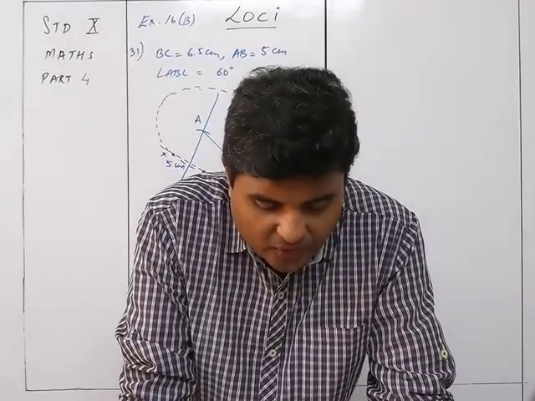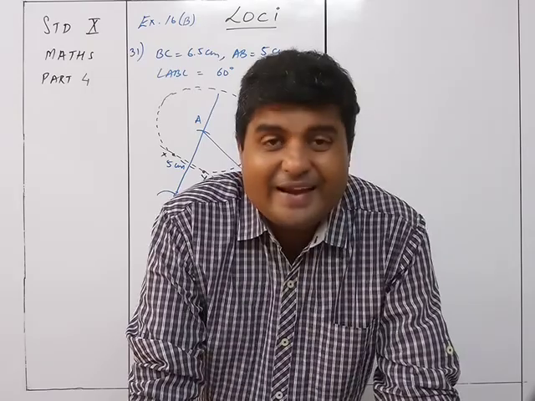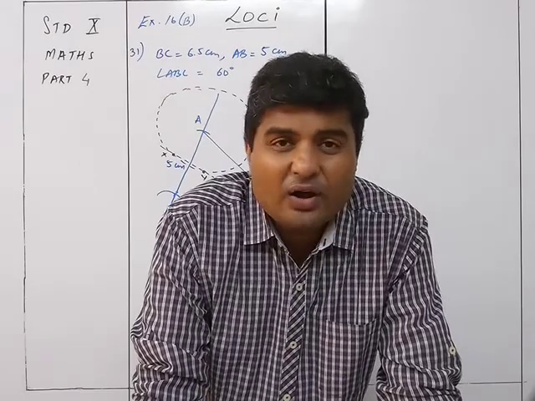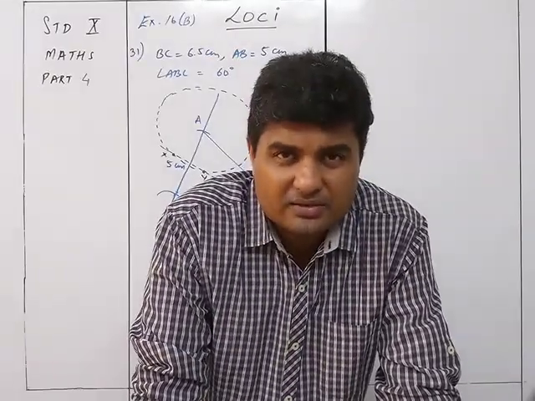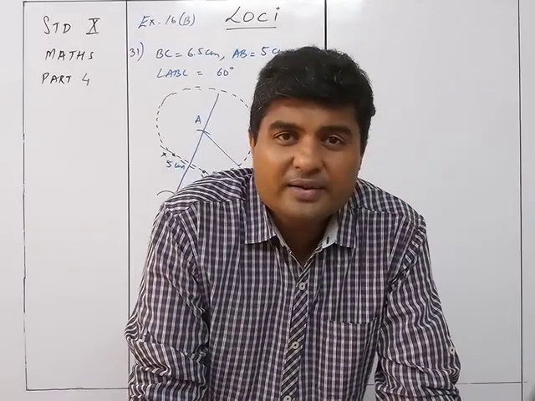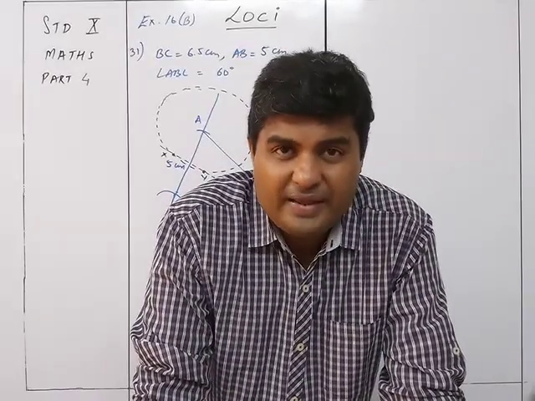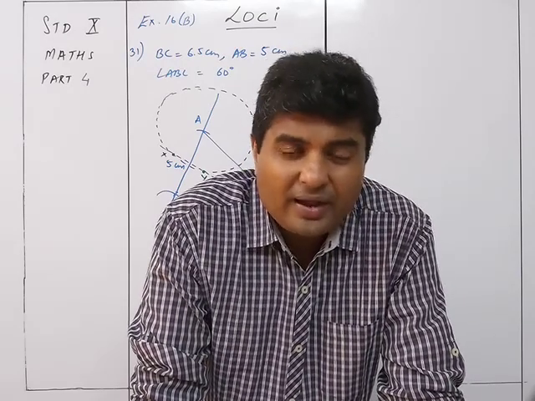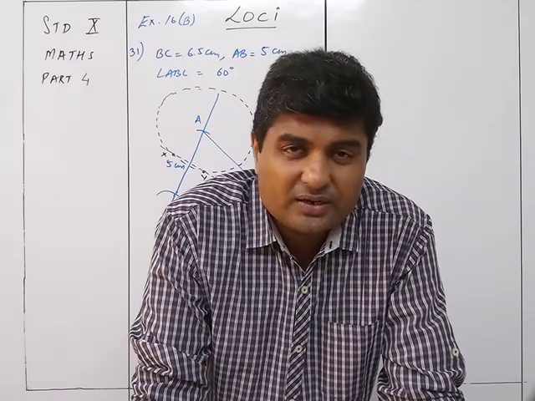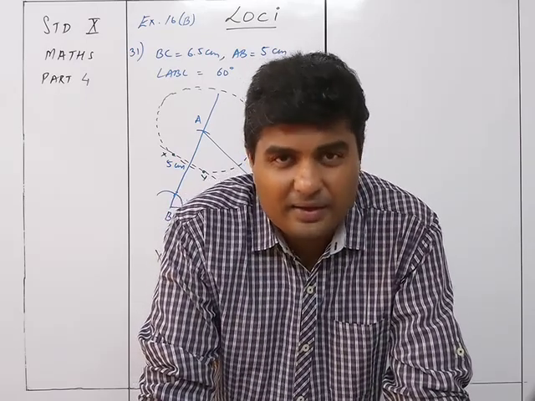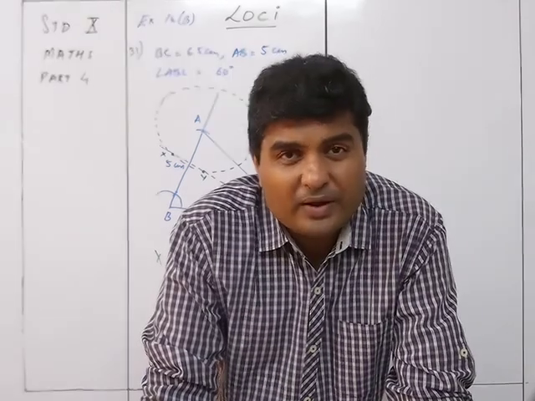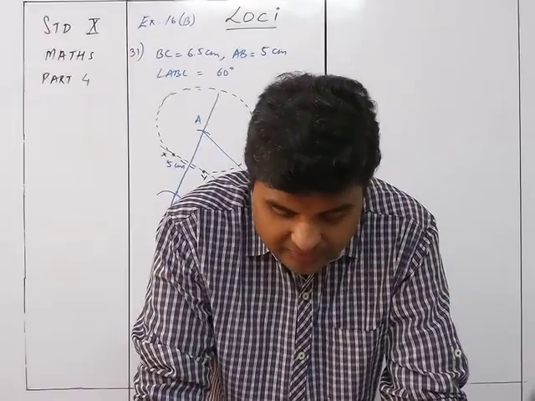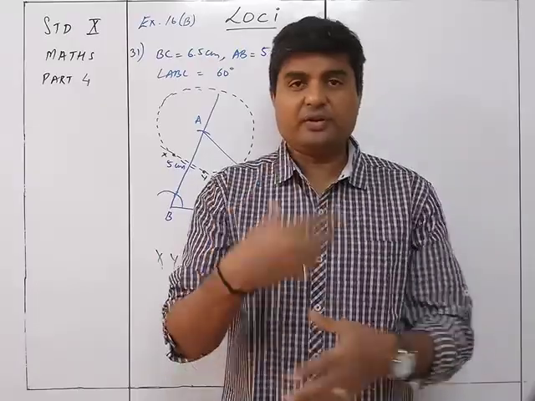Next, the perpendicular drawn from the vertex of the triangle to the opposite side is the altitude. Altitudes are also concurrent, and they intersect at the orthocenter. The orthocenter is the intersection of the three altitudes. The intersection of medians is called the centroid. The intersection of altitudes is the orthocenter. The intersection of angle bisectors is the incenter. The intersection of perpendicular bisectors is the circumcenter. So these are the points of intersection in a triangle.